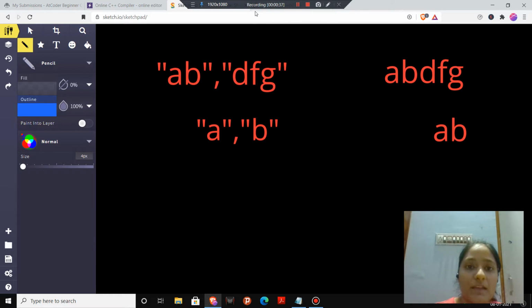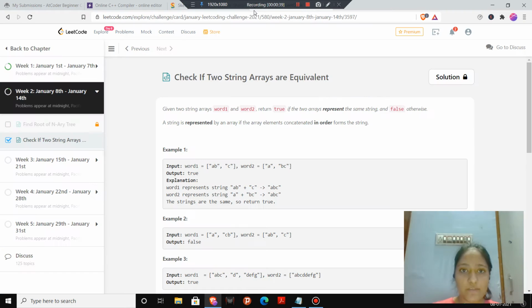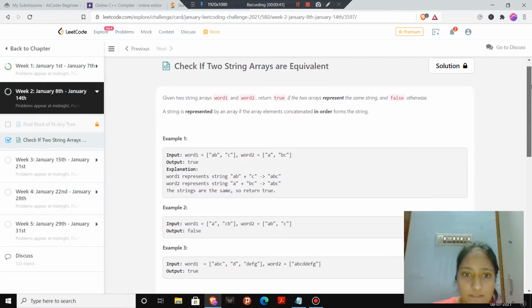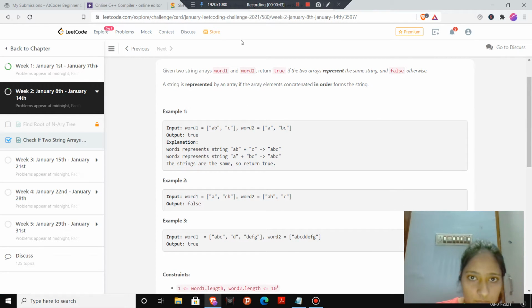So based on this approach, let's solve the question. If I look at the example, the word1 vector contains AB and C as the elements and the word2 vector contains A and BC as the elements.